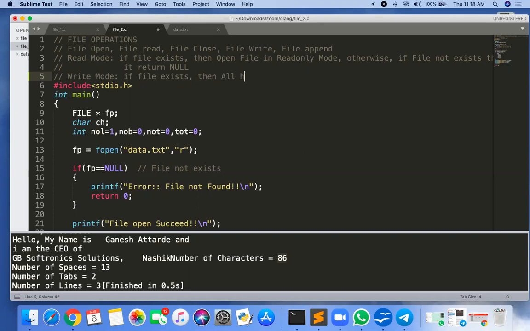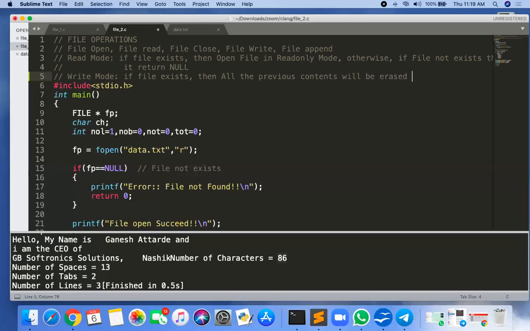all the existing contents, or the previous contents, will be erased. Remember, this is very important. If you open a file in write mode, all the previous content will be erased. All file content will be destroyed.